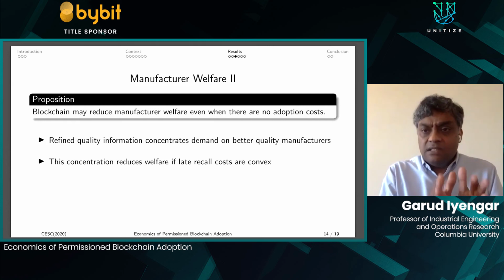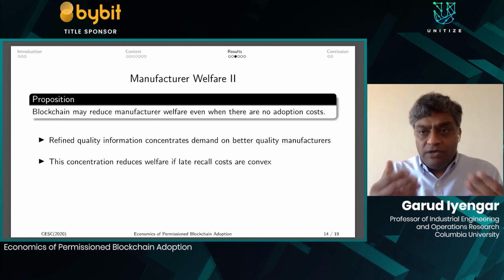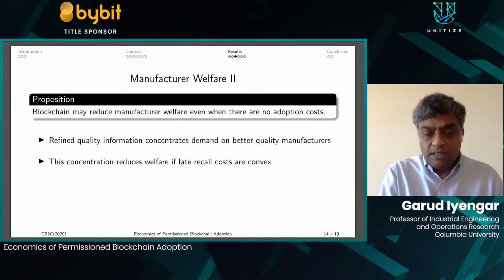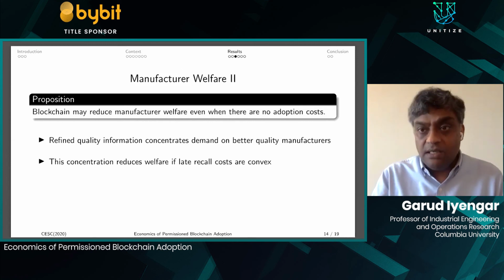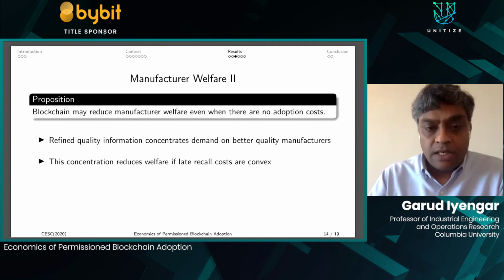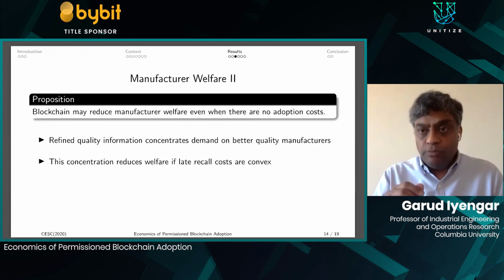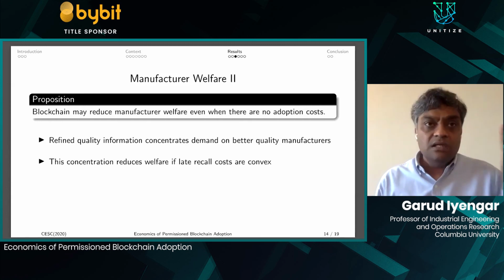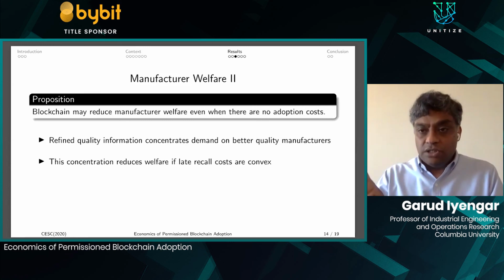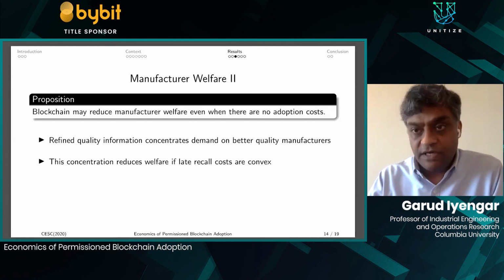Again, these are all stories that we're trying to develop to see why, when you look at the dynamics of this market, it seems obvious that blockchain should be welfare enhancing for the entire society, and why things can go bad. And even at the societal level, things are beneficial, and we'll see in a moment under what conditions. Even then, it will happen that the manufacturers lose and the consumers benefit a lot. Think back to the toy example that we had in the beginning. The two players lose, but the third agent benefits dramatically. And we need to figure out how to get that solution back into this setup.